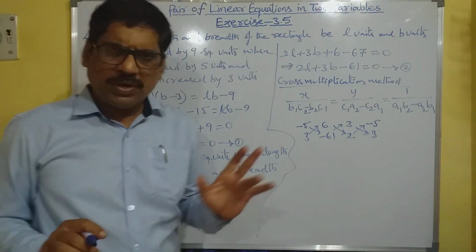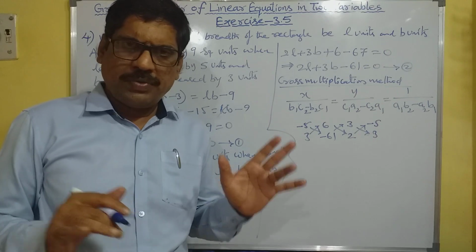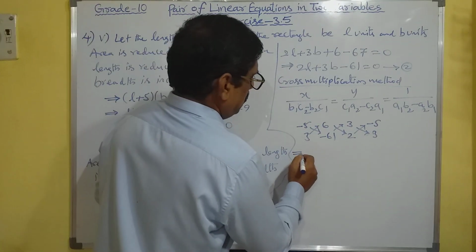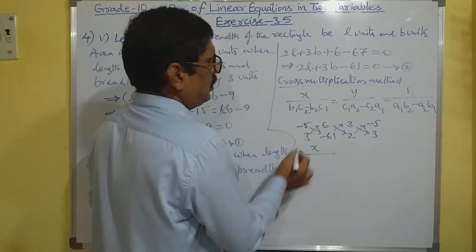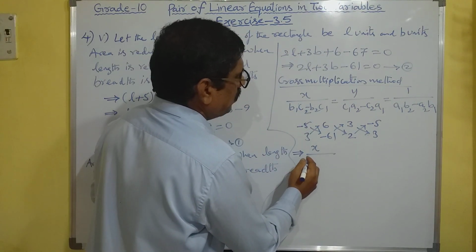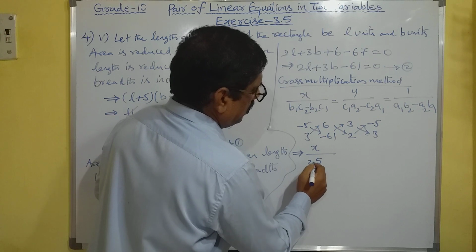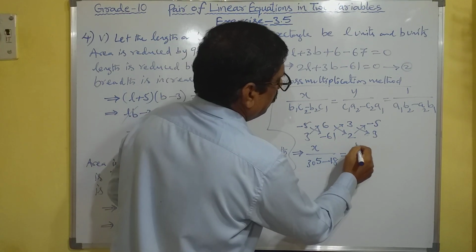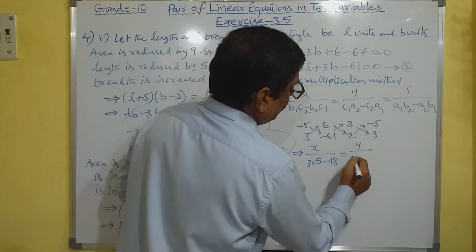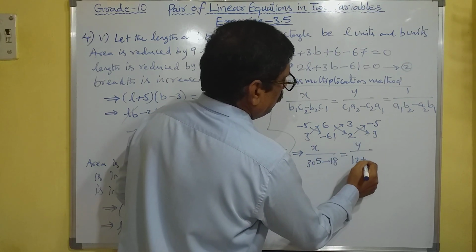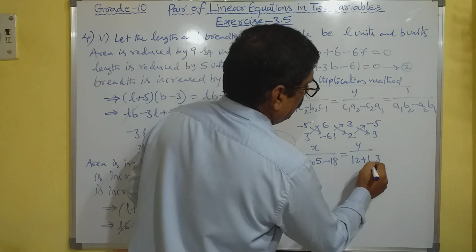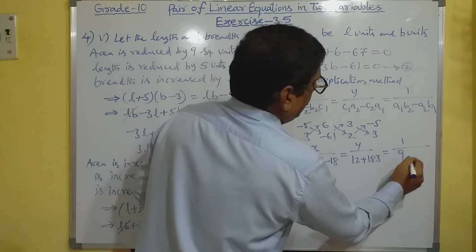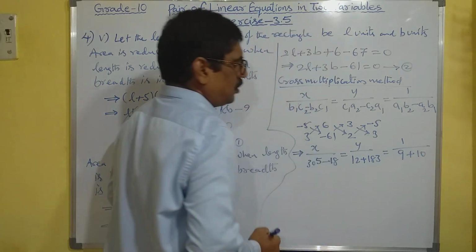If you have any doubt, once refer the problem method which we did in the previous exercise. That's better. This implies X by minus 5 into minus 61, how much? 305, minus 3 into 6, 18, is equal to Y by 6 into 2, 12, minus minus 2, plus, 183 is equal to 1 by 9.